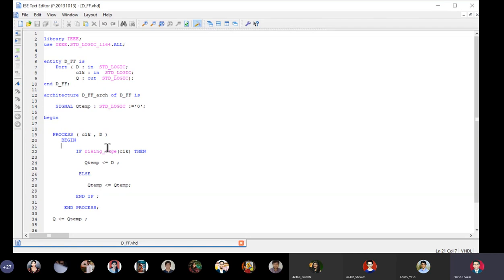In the sense, when clock is equal to 1 or it is 0 or it is transitioning from 1 to 0, the output Q remembers itself, that is no change, and the input D is sampled at every rising edge of the clock. So at every rising edge of the clock, the value of D is sampled. If input is equal to 1, then output becomes 1. And this value 1 is remembered till the arrival of next rising edge. So when the next rising edge comes, if again the input is encountered as 1, the output continues to be 1. And it continues to be at 1 till the arrival of next rising edge.